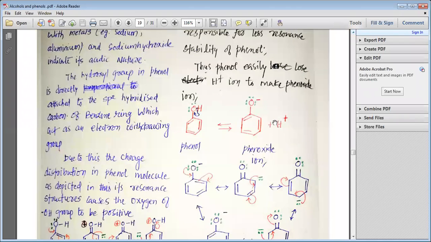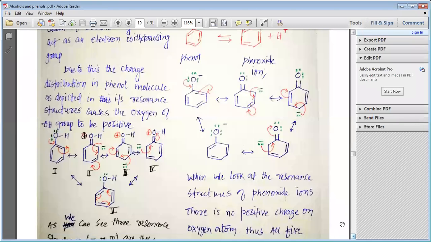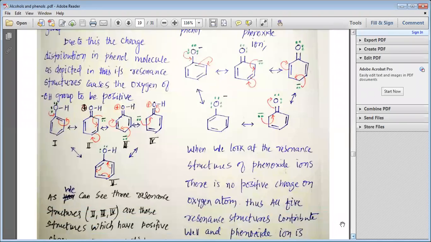Phenol on removal of H plus ion makes the phenoxide ion. And when we look at the various resonance structures of the phenoxide ion, we find that out of all these 5 resonance structures, there is no positive charge on the more electronegative oxygen in the phenoxide ion, and thus we can say that the phenoxide ion is more resonance stable because there is no positive charge on the more electronegative oxygen, and the stability of the phenoxide ion is more than the stability of